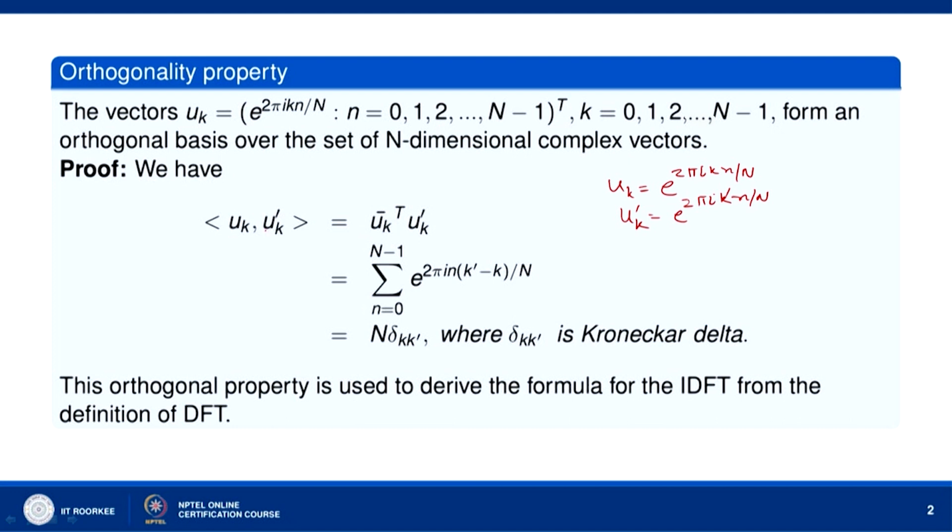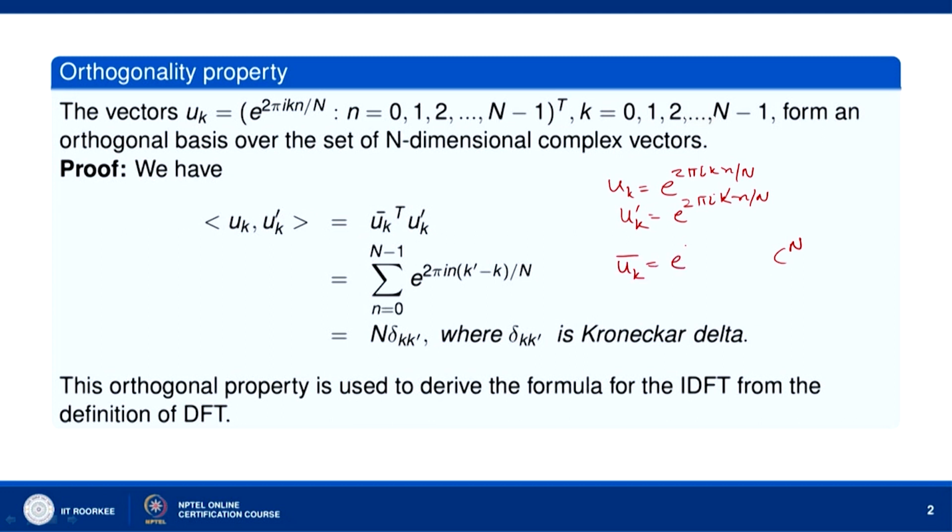So, now the inner product of u_k with u_k dash. u_k and u_k dash belong to the N dimensional complex vector space, that is C^N. Okay. So, in C^N the inner product of u_k with u_k dash is defined as u_k conjugate transpose into u_k dash. u_k conjugate will be equal to